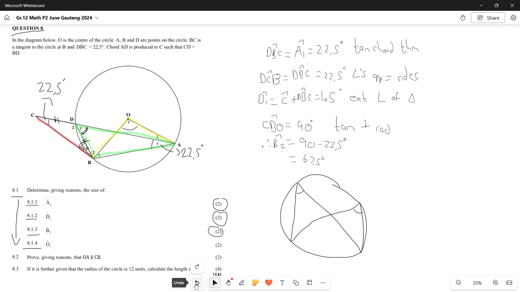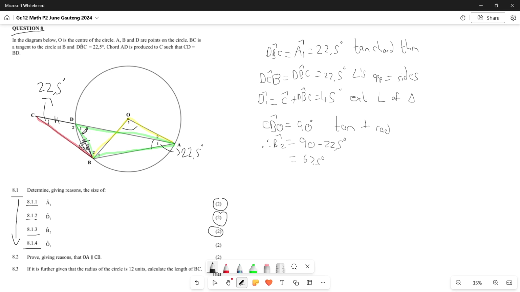But in this scenario, we have a bow tie, but not all 4 corners are touching the circumference. We have a bow tie like this, but this O here is not touching the circumference over there, which means that this guy is angle at center. This angle O1 equals 2 times the angle at the circumference for D1. So they're very similar. All we're looking for here is a bow tie that does not have all 4 points touching the circumference compared to the angles in the same segment where all 4 points are touching the circle,